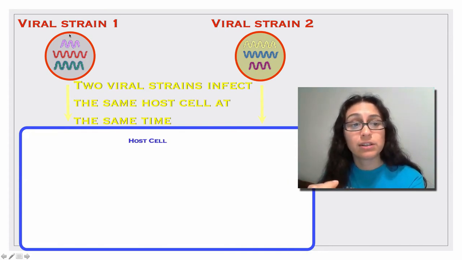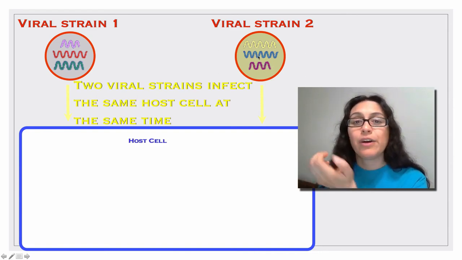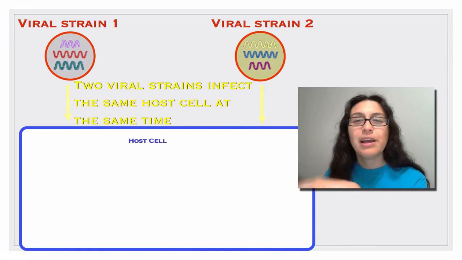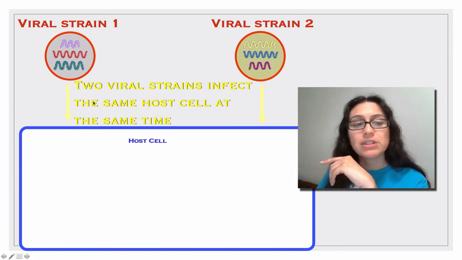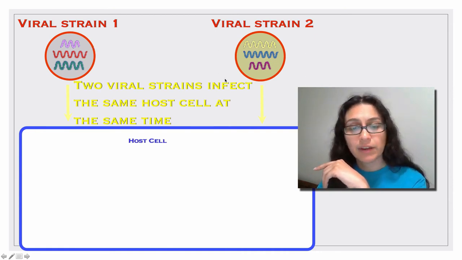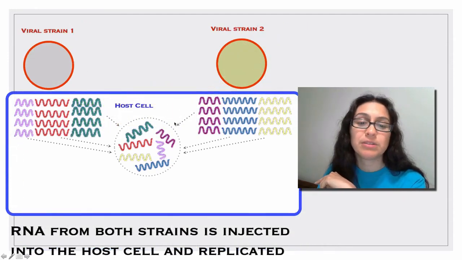So let's say that there's one strain of the coronavirus, one type of a coronavirus here, and here's a different type of the coronavirus here. Now, if they infect an organism, they'll trick it into making more viruses for it, and then that organism can spread it to other ones and so on and so on. But every once in a while, one organism, its cells can get infected by two different versions or two different types of the virus. So what happens in this case is when the host cell becomes infected by both forms